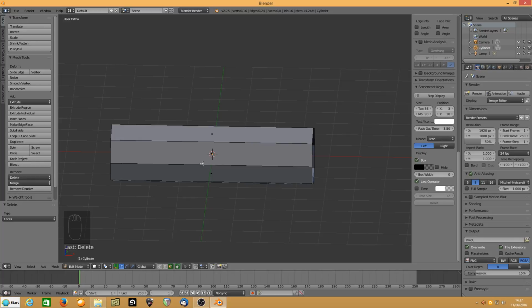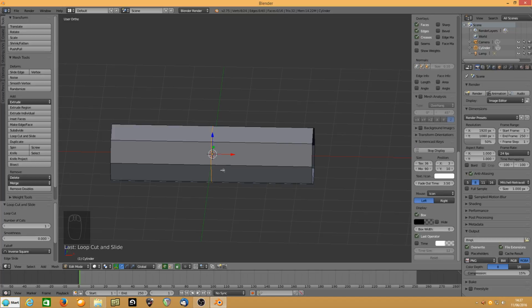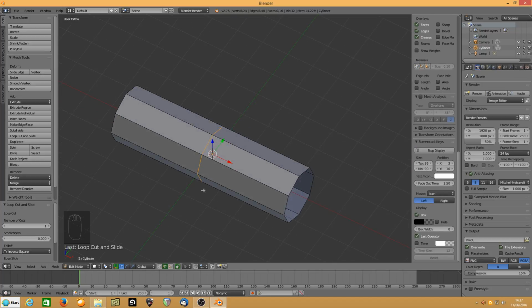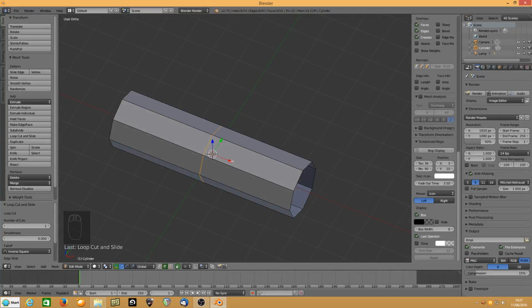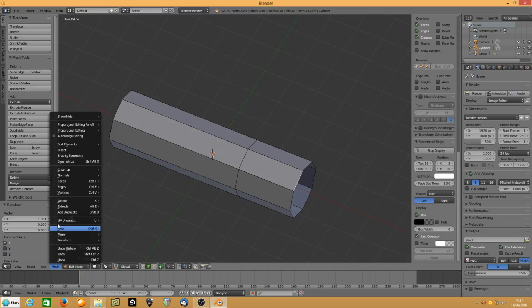I'll say Control R for a loop cut. So Control R, and then I just hit return twice because that's more or less what I want. You can then click on the arrow of the manipulator if it's active to move, or if you're having trouble selecting things because of the manipulator, then just GX and we move that up. And then I can hold down Alt and click on that edge, and that selects the Alt thing, or I can click on that edge,